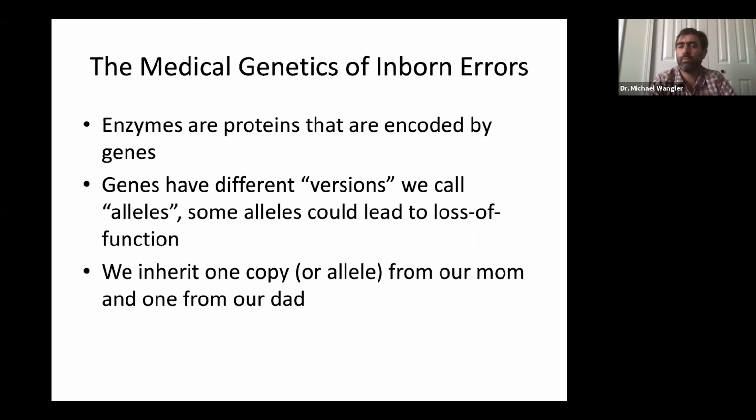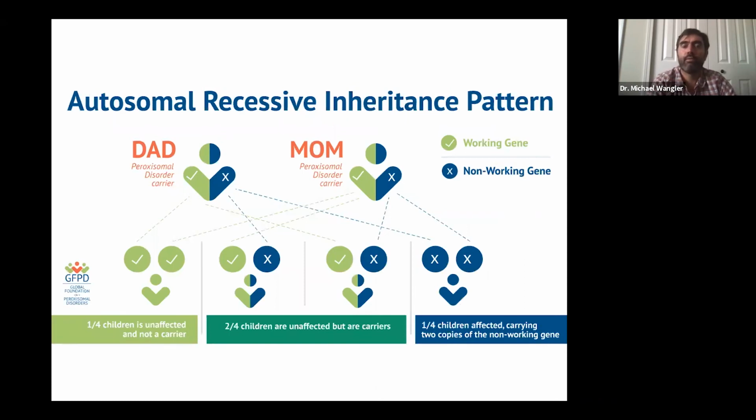And so we're going to cover this in more detail later in the talk. But most inborn errors and the peroxisomal disorders that we're going to be talking about today follow what we call an autosomal recessive inheritance pattern. And so what's happening in a recessive disorder is that you have the dad and the mom, and each individual has 2 copies of every gene. That's the key here. So if the dad has one working gene and one non-working gene, maybe the allele with the mutation that we mentioned, and the mom, let's say by chance, has the same situation within that same gene,